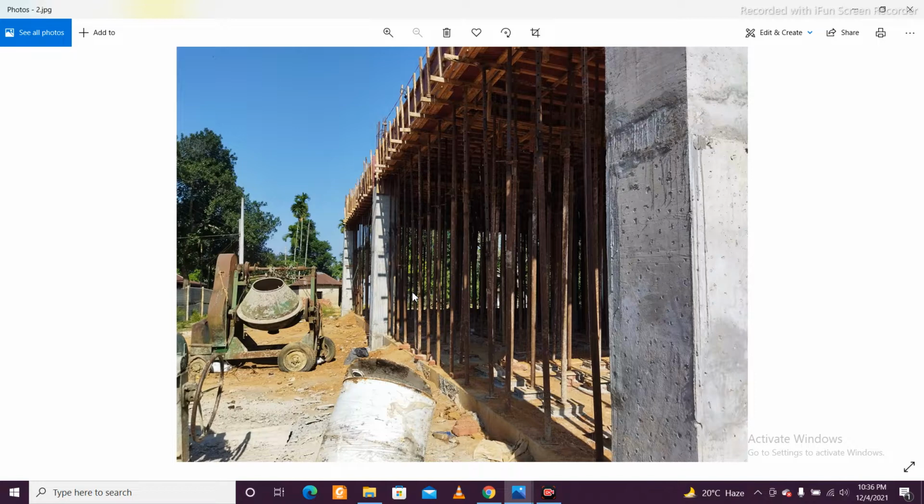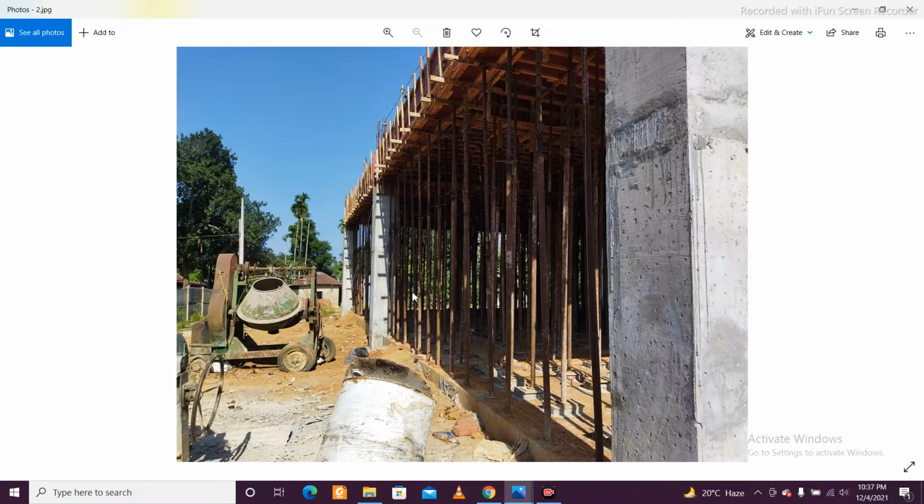And then comes the shuttering. Shuttering is also a wide concept. Basically we use steel props, as you can see in this picture, and we also use bamboo when steel props are not available. In some projects where there is not much budget and steel props cannot be made available, then we use bamboo also.